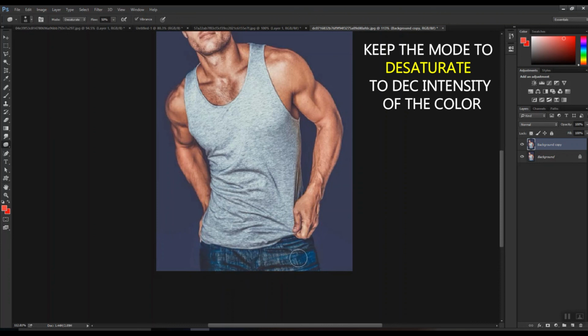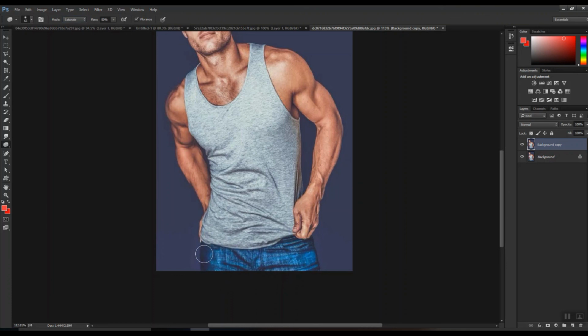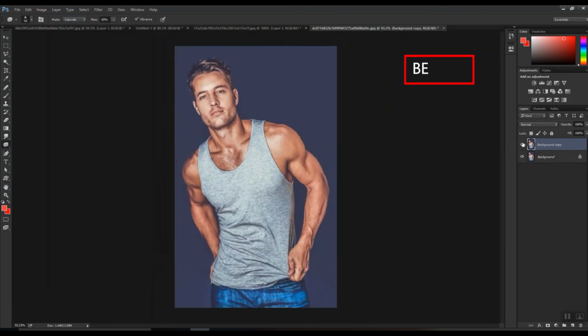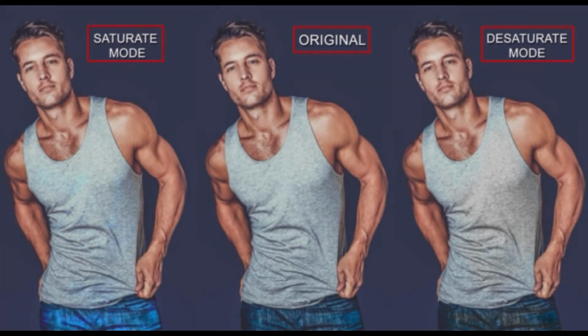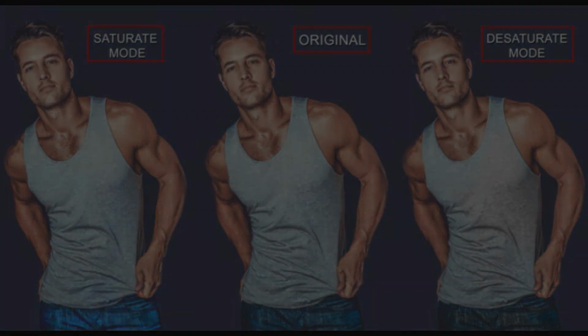Now if I want to increase this color, all I need to do is there's an option at the top called desaturate, saturate. Keep it to saturate and simply click and drag to increase the intensity of the color. As you can see, now you can see the difference. This was before and this is after. So that's all about these tools. I know the tools which I have explained to you might look very simple and very easy, but if you want good results and very detailed work, trust me, you actually need to invest your time in this, because an image may take 4 to 5 hours approximately.